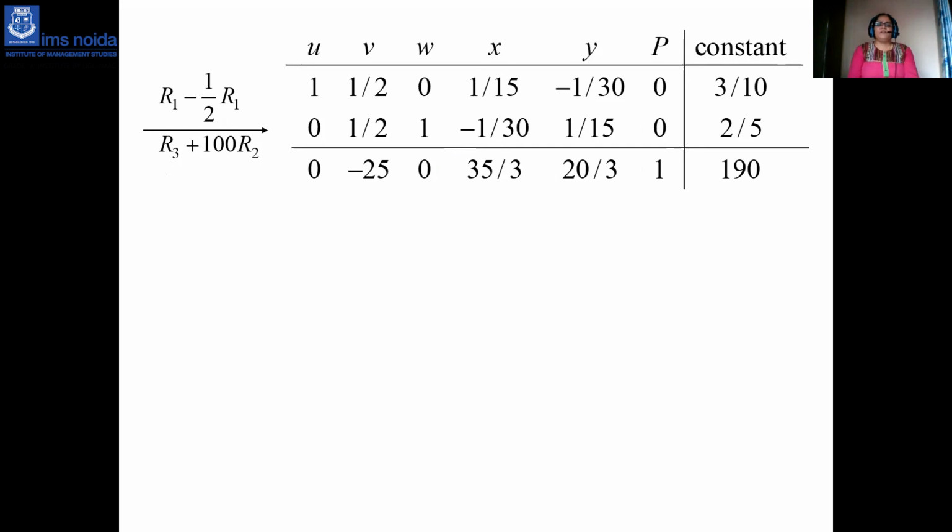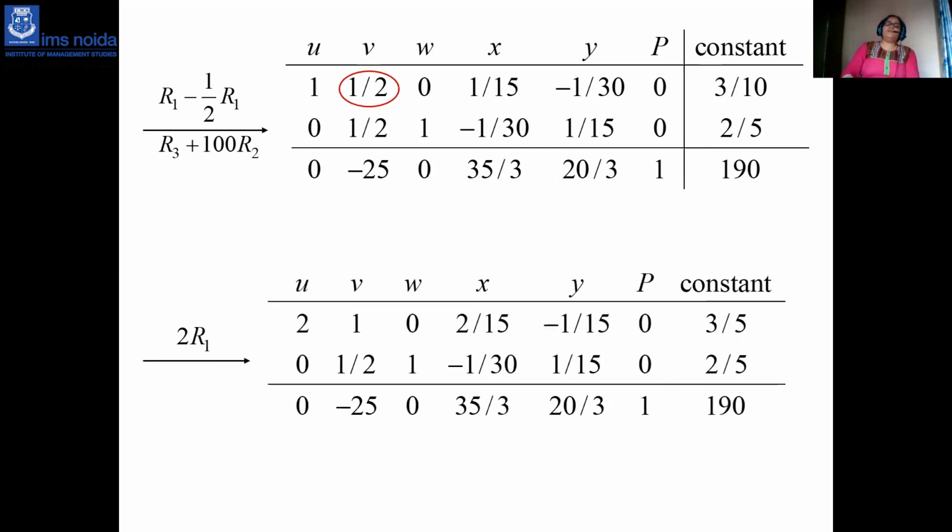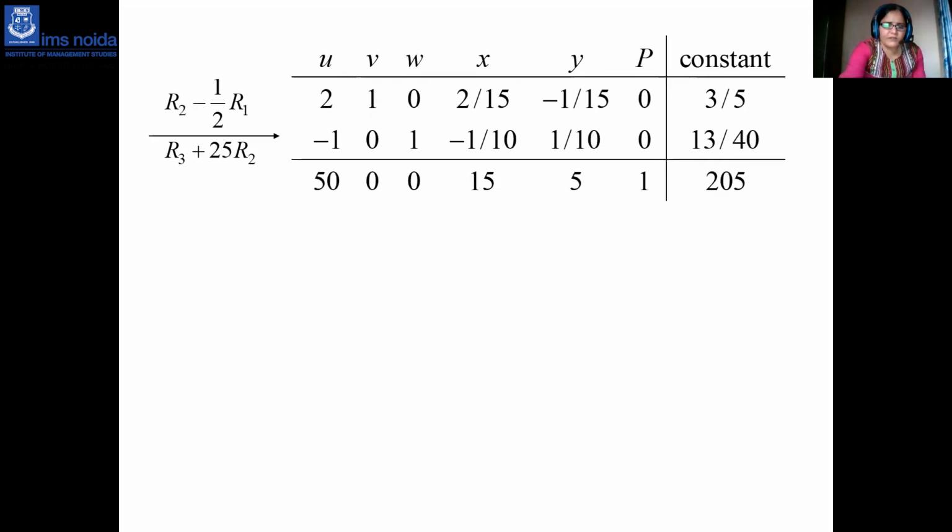So naturally the minus 25 column is your pivot column, and 1 by 2 is your key element because this is the minimum ratio. So 1 by 2 is your key element. So you can divide throughout the equation by 1 by 2. So you will get 2 by 1 by 2, like 1 by 1 by 2, 1. Introducing all the elements, you see that you were getting minus 25 in the v column and you have changed it. At the end, you are getting 50, 0, 0, all values greater than or equal to 0 in the last z values.